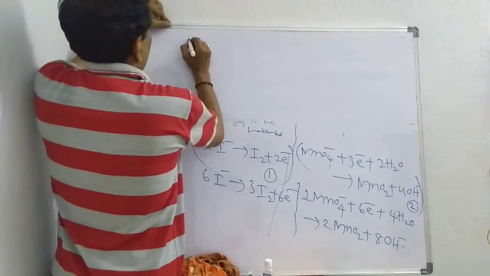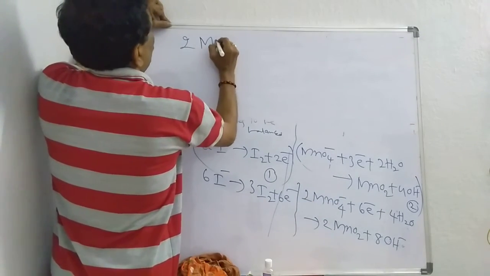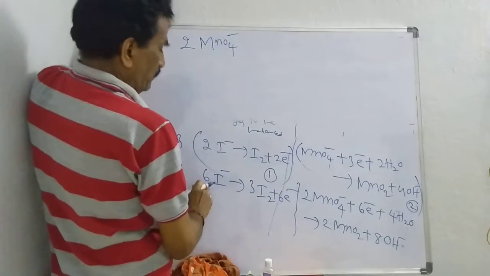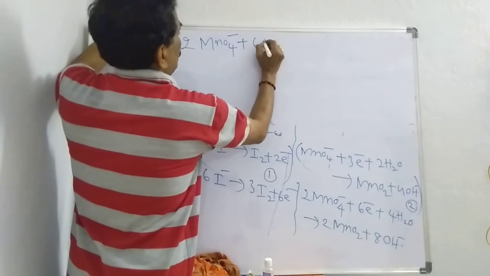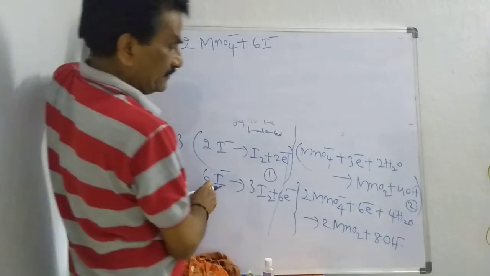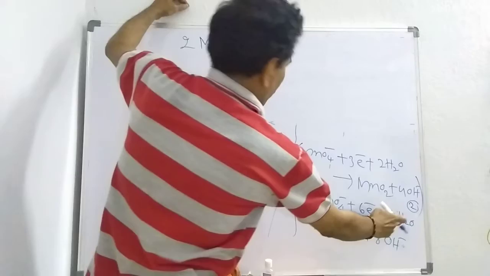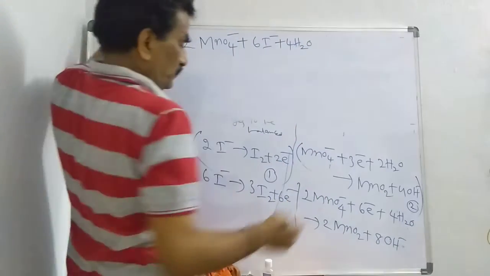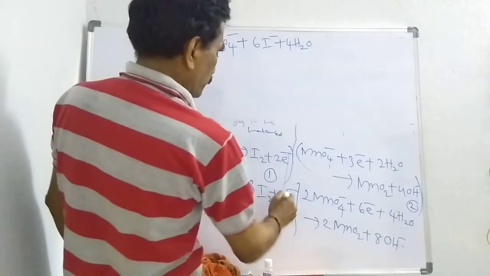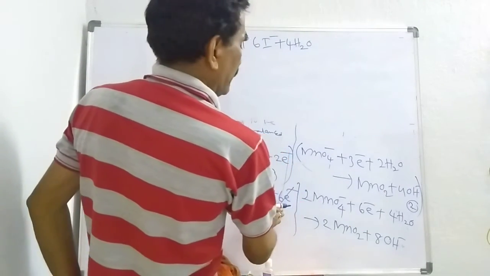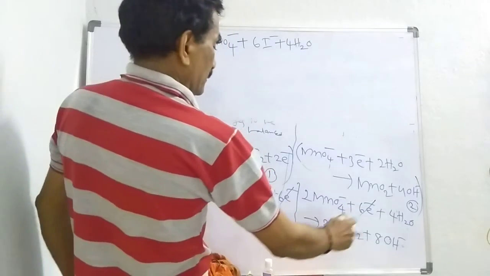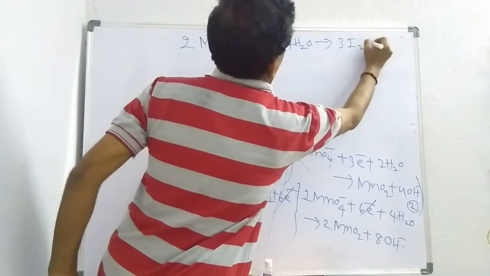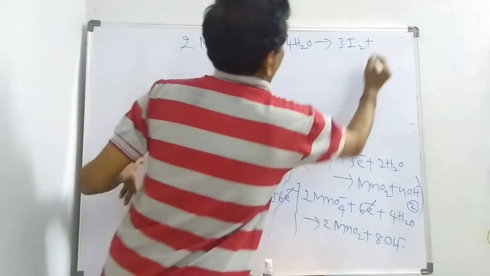This is 2MnO4 minus plus 6I minus plus 4H2O. 6 electrons, right hand side, left hand side cancel, gives rise to 3I2 plus